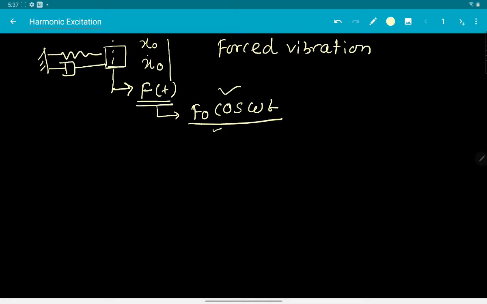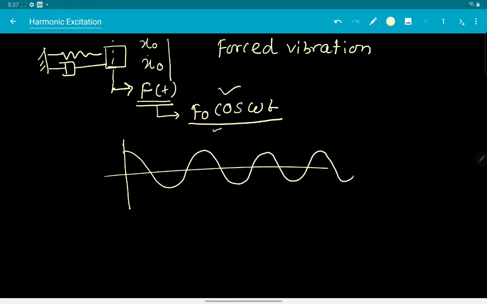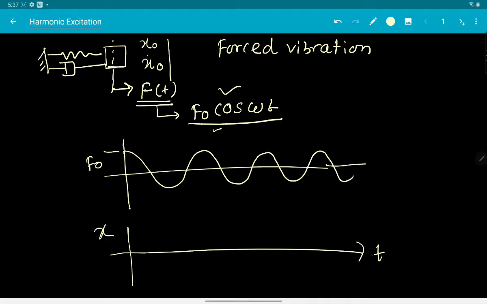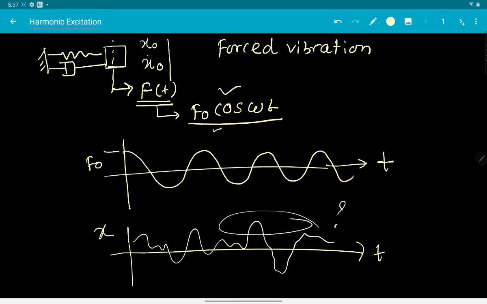Okay, so you know how exactly this force looks, right? This force is harmonic in nature. It looks like this. This is the amplitude f0. Now if this is the force, what would be the displacement response? On the x-axis you have t. So how exactly is this x going to evolve with time? As of now we don't know how this will look, so we are going to derive this, that for this externally applied forcing of this nature,